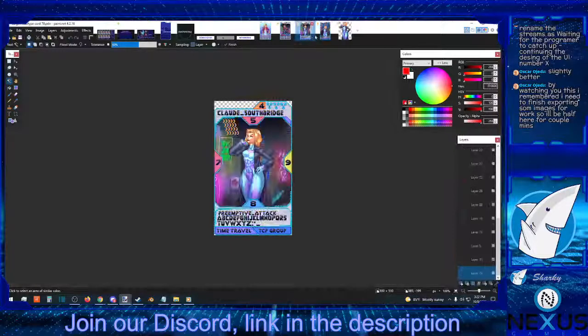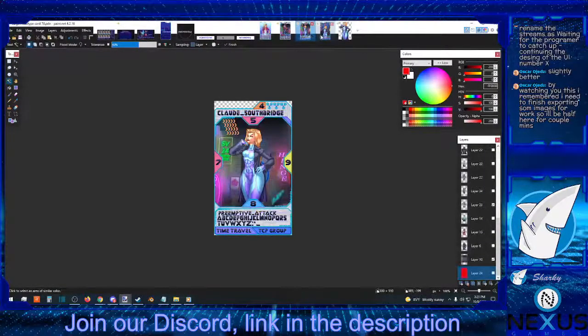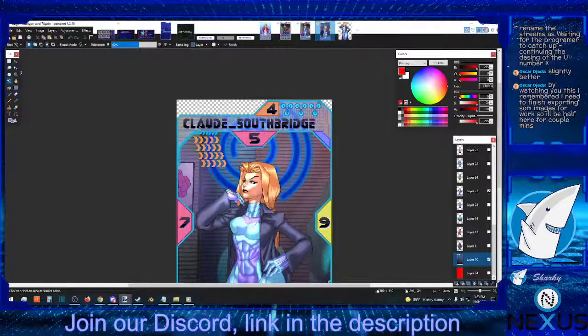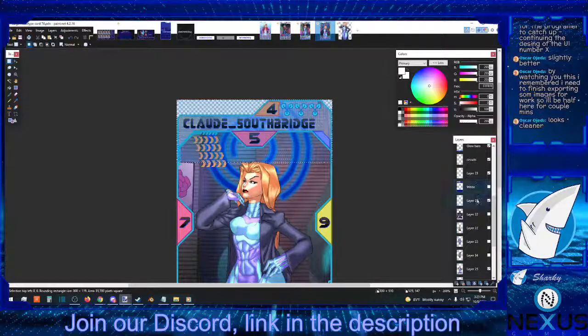Alright. So what do you think here between these? I feel like it's better and worse at the same time. I feel myself missing that white. What I'm wondering is if I come up here to this, and if I try to gain back the white up here,